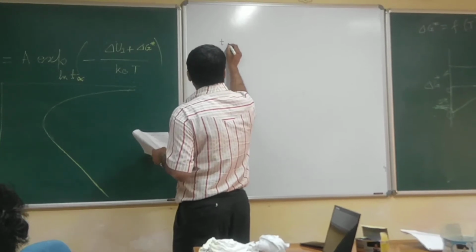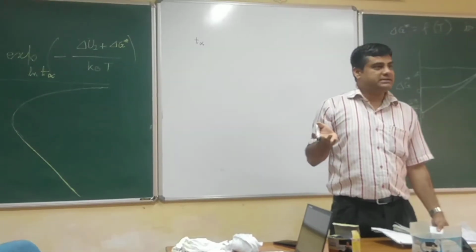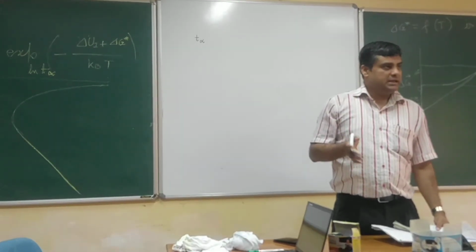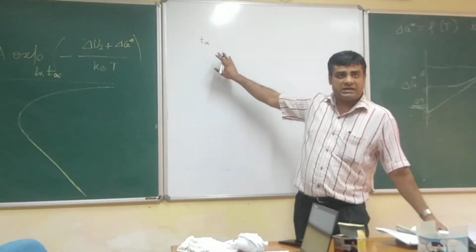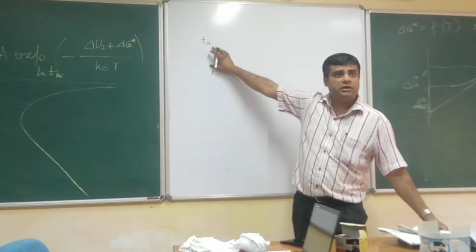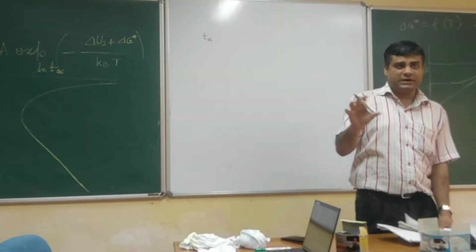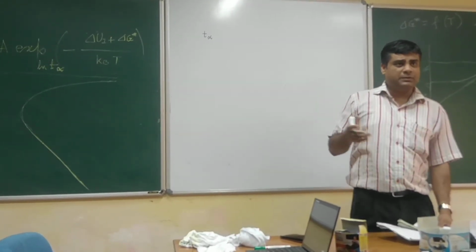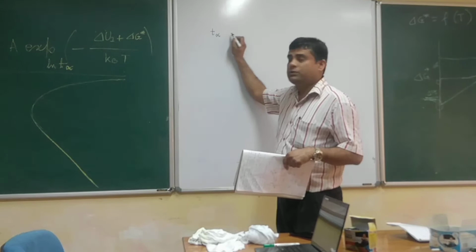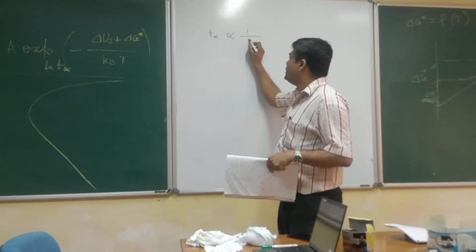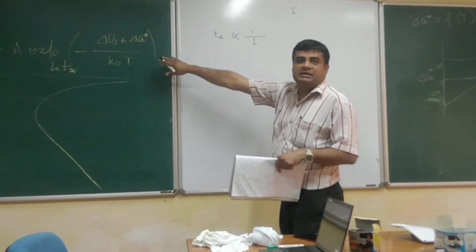So for the case where the transformation rate is given by the nucleation rate, where growth rate is very fast, the time required to transform a particular fraction will in general be inversely proportional to the transformation rate, and for cases where nucleation rate equals transformation rate, it will be inversely proportional to the nucleation rate. Time required for a particular fraction transform should be inversely proportional to your nucleation rate, and your nucleation rate equation is given by this.